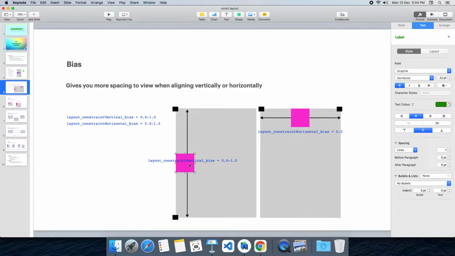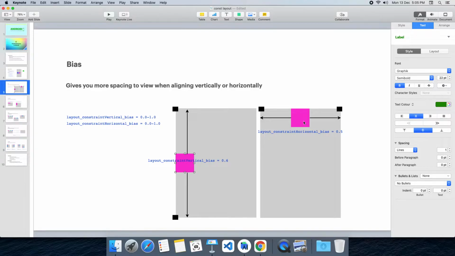If you want to give additional spacing on the top side, simply modify the value to, instead of 0.5, give 0.6. So what will happen? Somewhat it will be coming down like this. Okay, like this. Okay, 0.6. If you set to 0.7, it will be like this. 0.8, 0.9, 1.0. If you set to 0.0, it will be here, because it is vertically aligned. So vertical position it will take 0.0, 0.5, 1.0. By default it is 0.5.